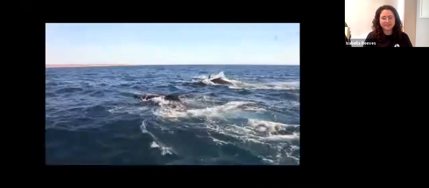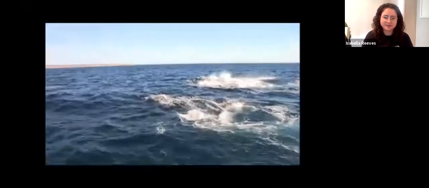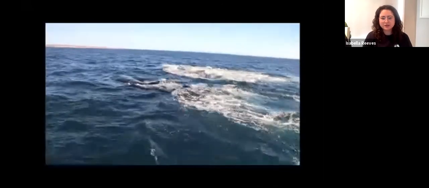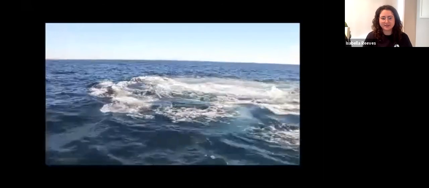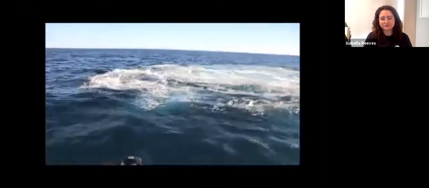Quite often these attacks, they do happen quite close to shore. Not always necessarily, but most of the time, because I guess the visibility is better closer to the coast.